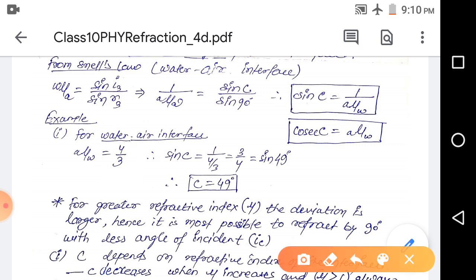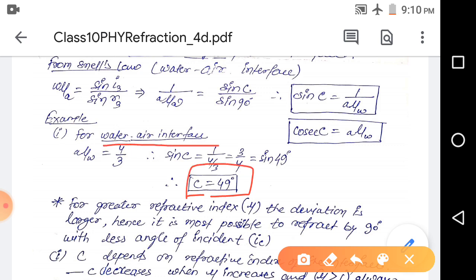So we have the formula sin c equal to 1 by aμw, that is the refractive index of that interface, and for this we can write 3 by 4. For this 4 by 3 you can write 3 by 4. You know the mathematical calculation. So here sin c is equal to 3 by 4, and this 3 by 4 is near about sin 49 degree. We can use the sine table for this. So we got the value c equal to 49 degree,